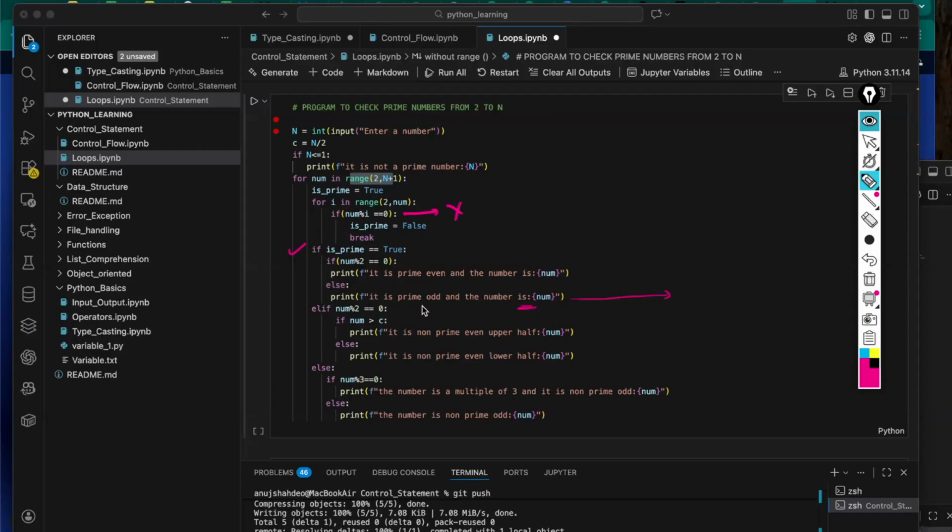Yeah, this one. So just think of our assignment logic that I just explained. First thing is we are checking the prime. If the number is prime, we'll do something. If the number is not a prime number, then what are we doing? We are going and checking even and odd, right? Even and odd. So this 3 will come for even and odd because that number is